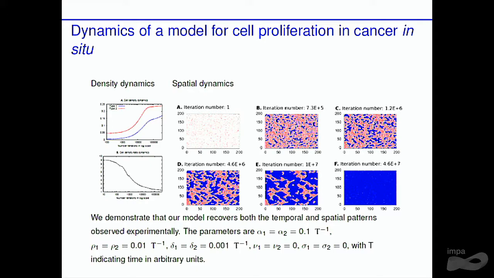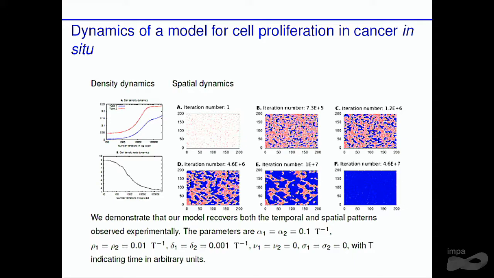Here we have the iteration number, the time. This is a grid that is 200 by 200. Parameter values are given here. Note that there is no cell transformation from normal to tumor. What we see is that we start getting some patterning, forming a sea of normal cells surrounding small islands of tumor cells, and those small